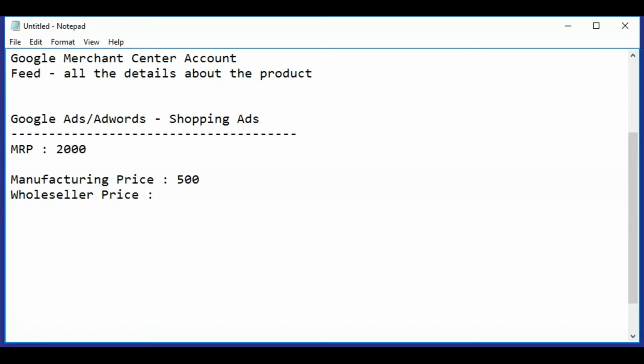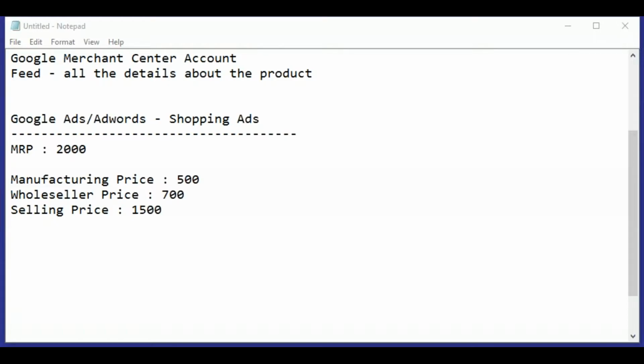Say to wholesalers they are selling at 700 rupees. Now this wholesaler lists this product online and the selling price is 1500. So how much profit is he getting? He is getting 800.